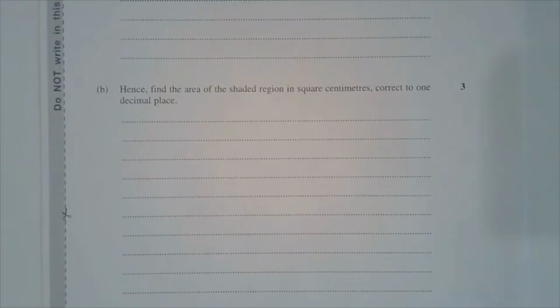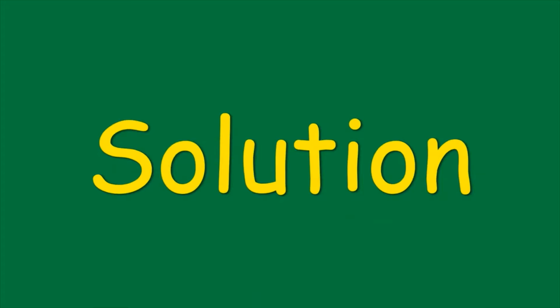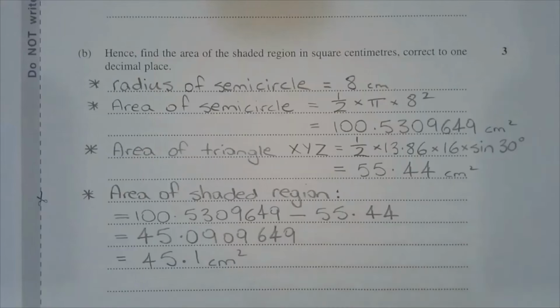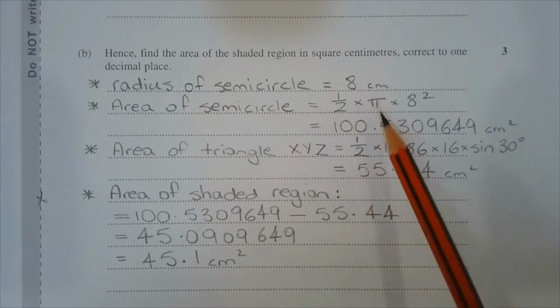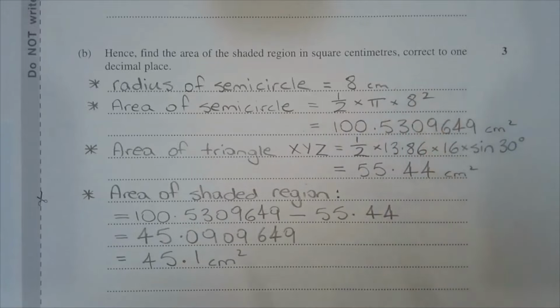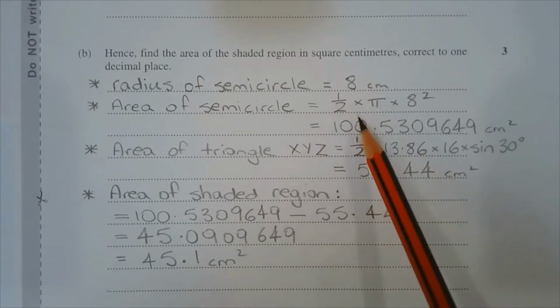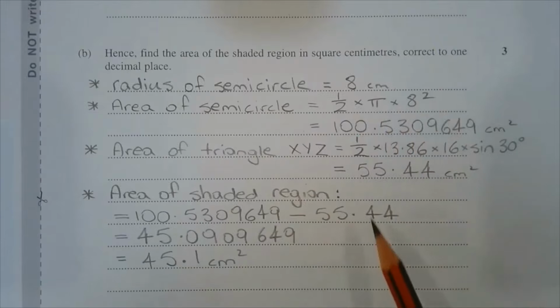Part B. Hence, find the area of the shaded region in square centimeters, correct to 1 decimal place. To work out the area of the semicircle, we need the radius of the semicircle first. The diameter is 16 centimeters and the radius is half the diameter. So the radius of the semicircle is 8 centimeters. Now the area of the semicircle is given by the formula half multiplied by pi r squared, where r is 8 centimeters. So that's equal to half multiplied by pi multiplied by 8 squared,